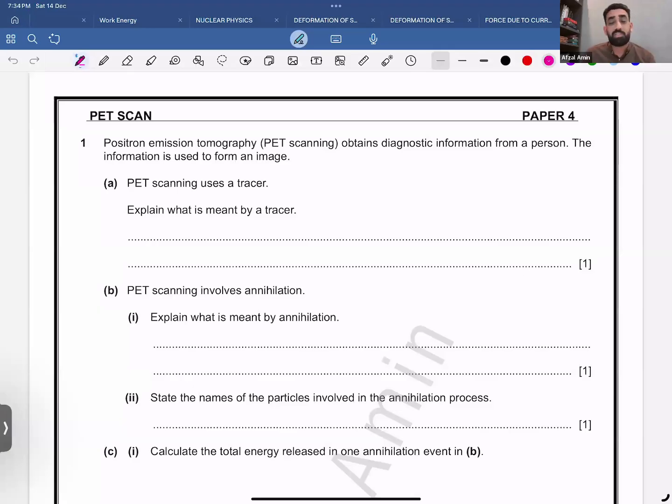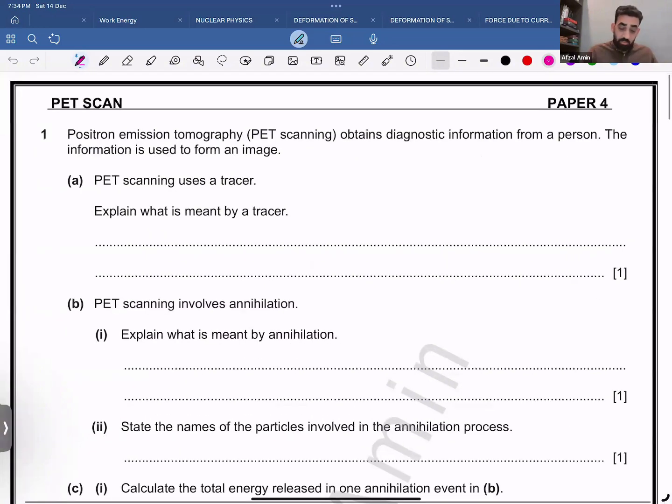So let's solve first these three questions of PET scan. It's a very small topic. Sometimes the questions are mixed from any other topic. The positron emission tomography, PET scanning,